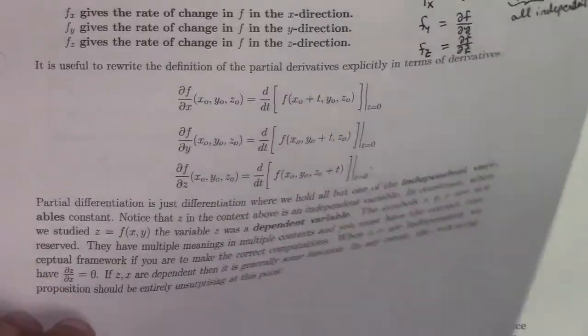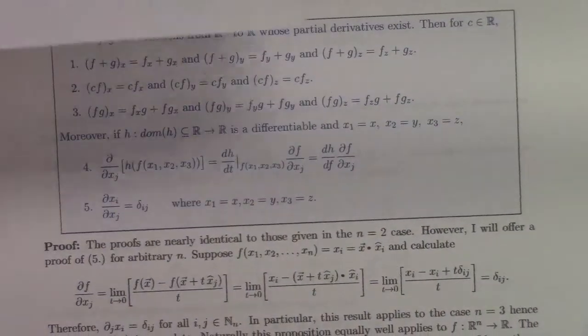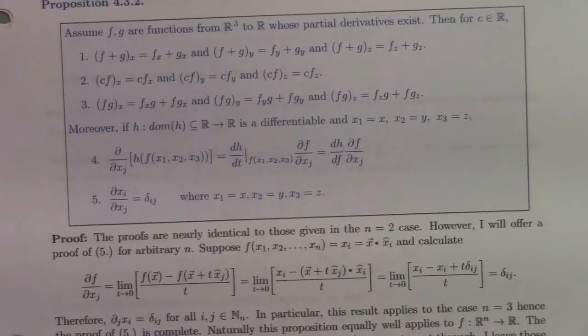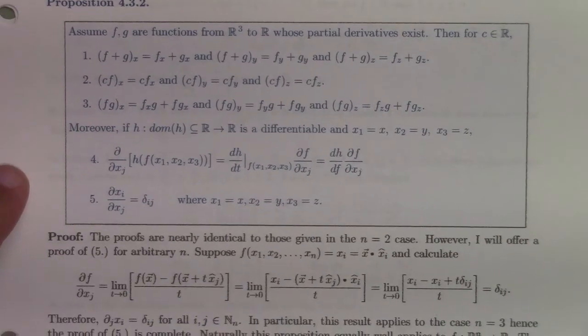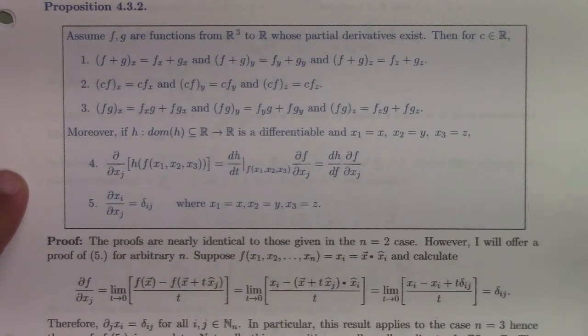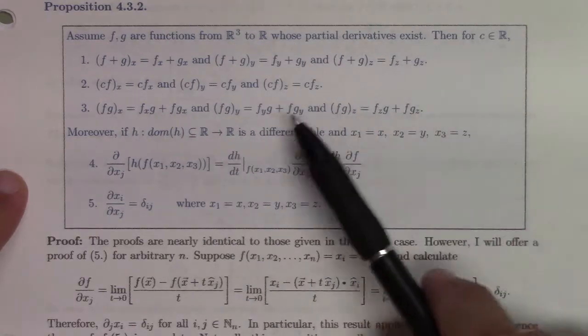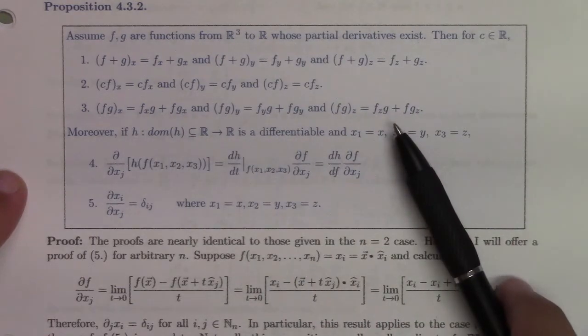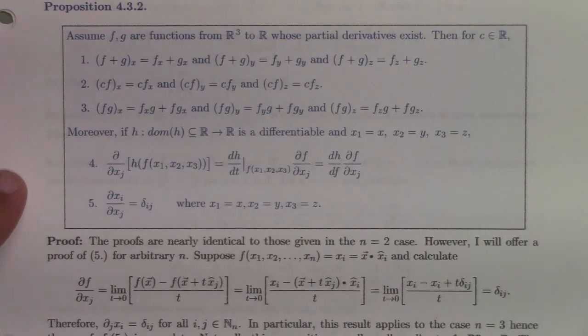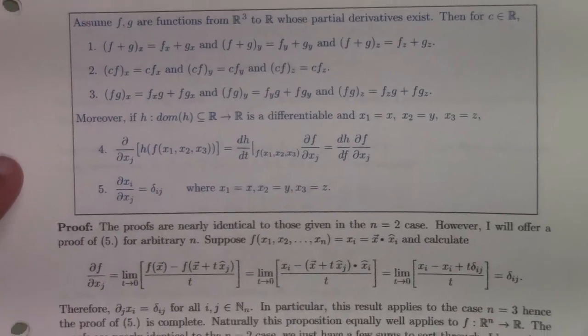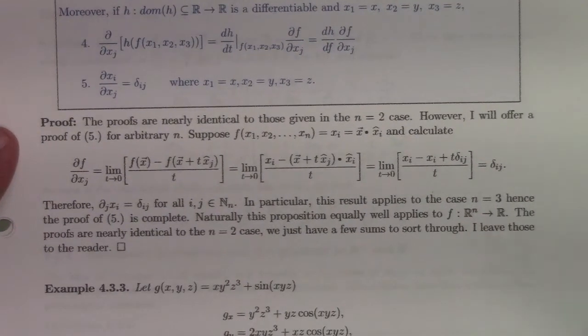And the properties, I hope, are not surprising. So, here's the properties. Just like we had for two variables, we have linearity, we can pull out constants, we have product rules, whether you're using the x, y, or z derivatives. We got a chain rule, and,